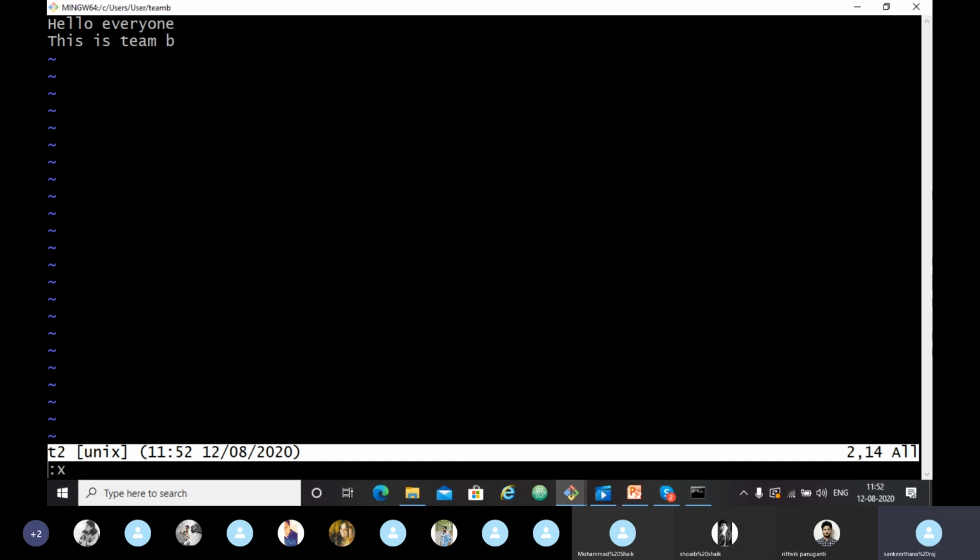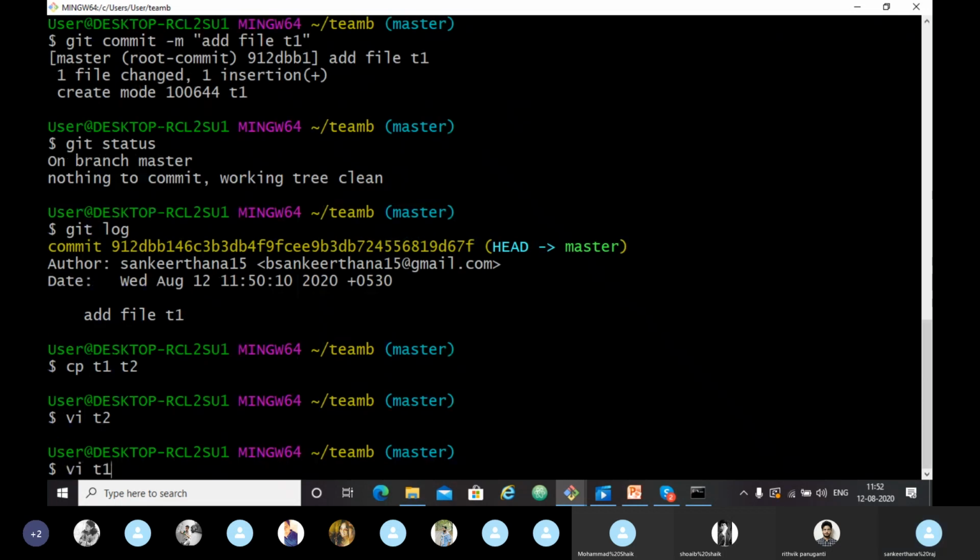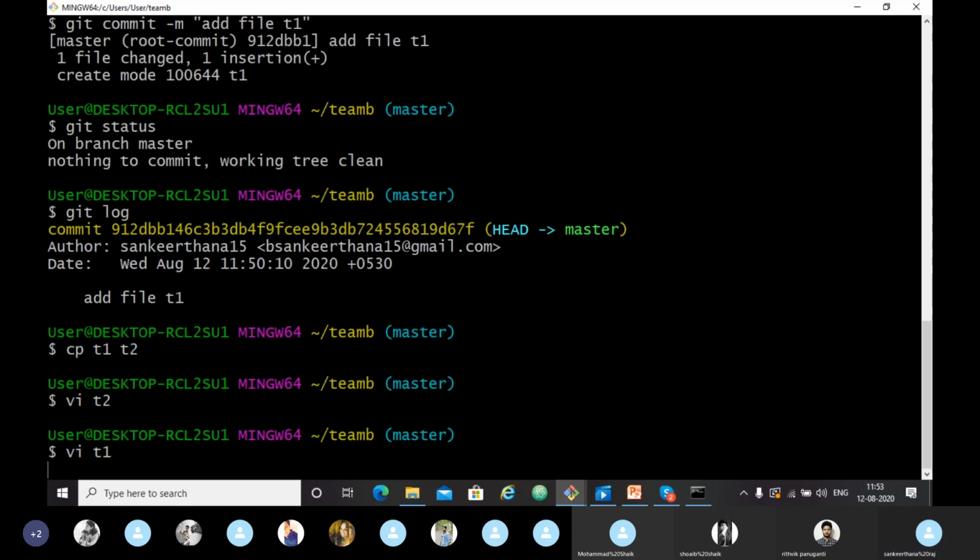So now I will edit our file T1 also. Now I have to press caps lock I to get into insert. What are you doing? How are you? I'll just ask what is your name. To save it, I have to press escape again, then colon, you can see it here at the end, :w, press enter, :x. Okay, we are done with editing our files.